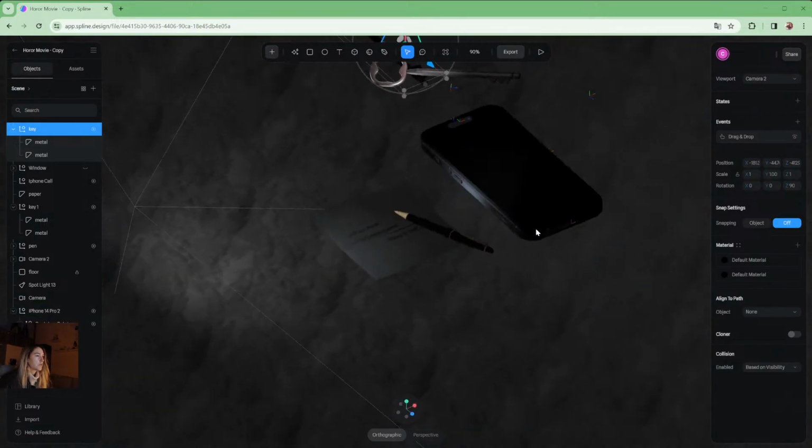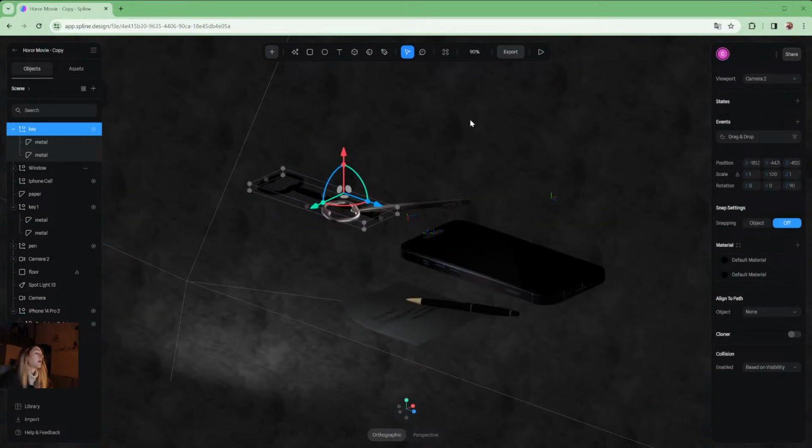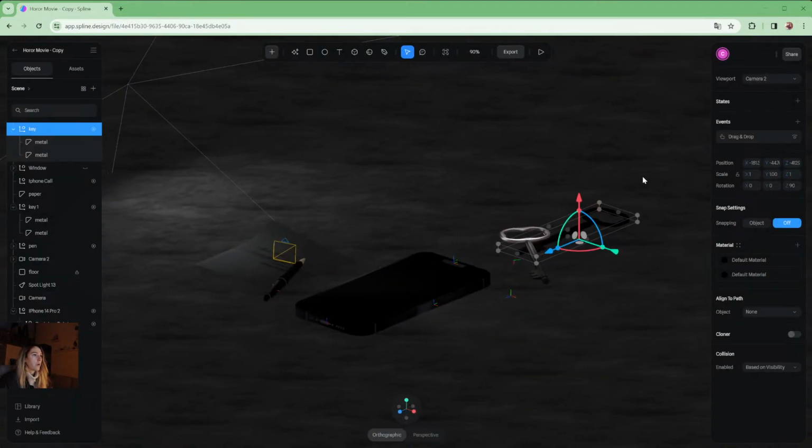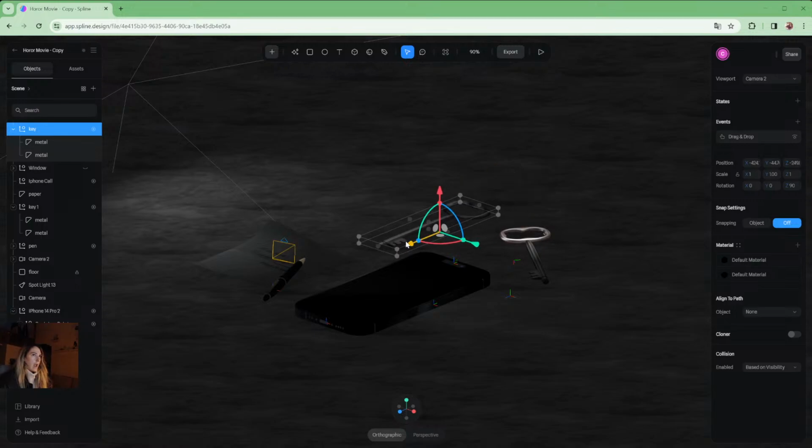I didn't follow with the zoom, so I can't change the zoom. But now it looks like it's not moving. So why did I have this little problem? It's because I changed the rotation by myself, and the rotation was not perfectly 0, 0, 90 degrees, perfectly aligned with everything. And sometimes Spline bugs a bit, so it likes to have perfect numbers, like everything to be perfect, and sometimes you just have to redo the same